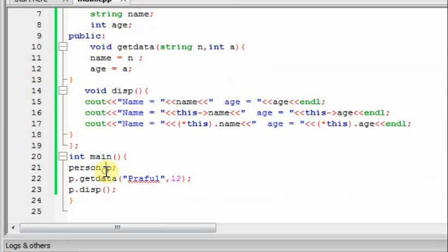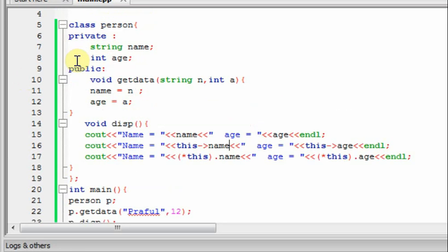Current object is P, so it is holding the address of P here, and then from the address it is accessing the member. For this object it is accessing the member for the current object.